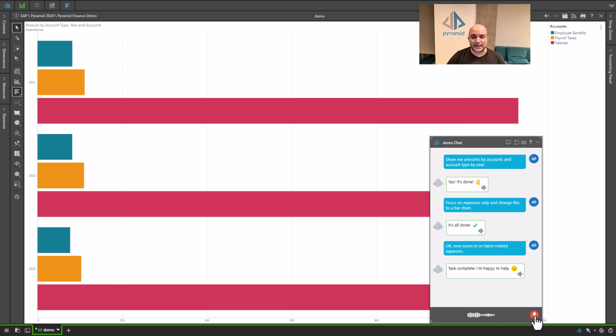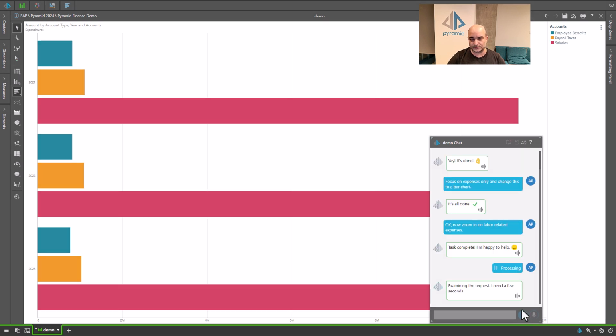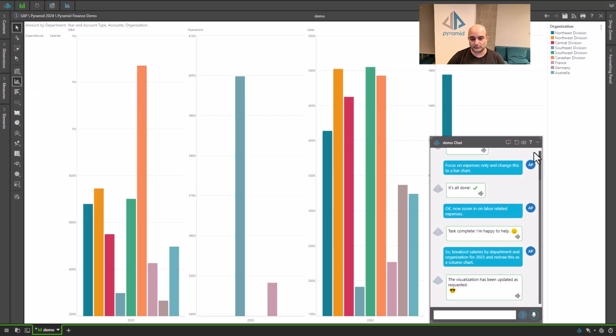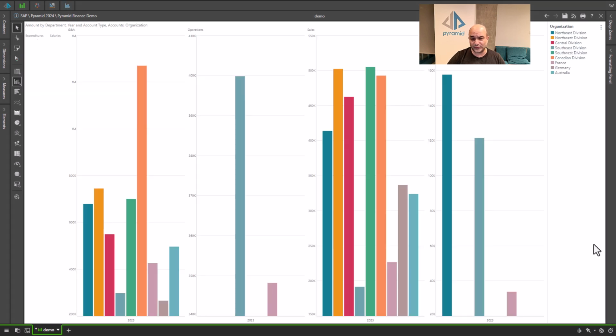Okay, so let's break out salaries now by department and organization for 2023 and redraw this as a column chart. Examining the request. I need a few seconds. Okay, terrific. A day in the life of a financial analyst, no code and no complicated tools, and without leaving